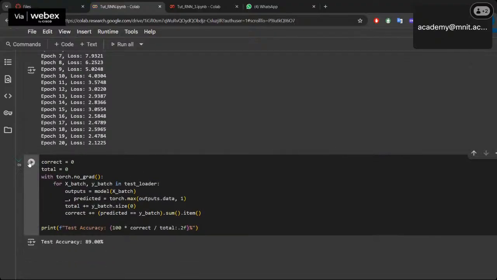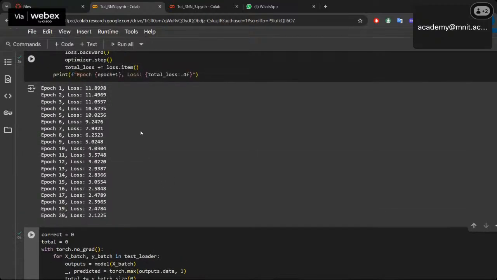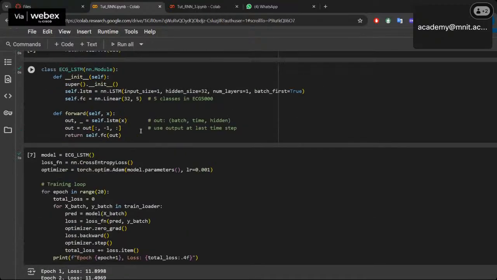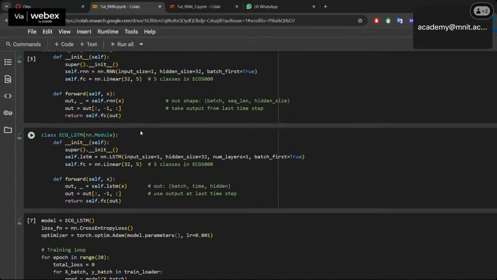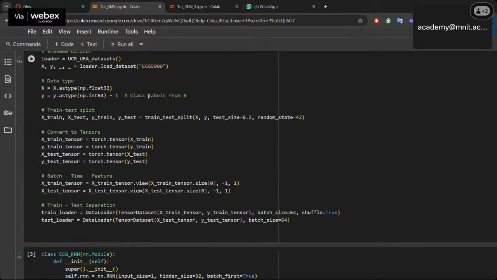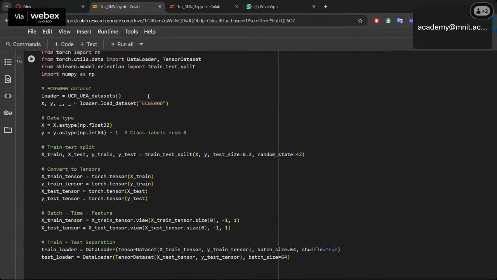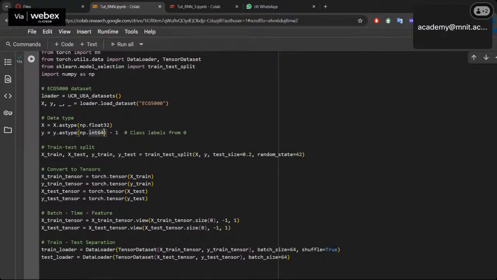Then let's check the accuracy. Accuracy of LSTM is also 89%. So I think we did great. 89% is a decent accuracy. Not very good, but for now, as a tutorial, this is doable. Now let's quickly change this to make it into